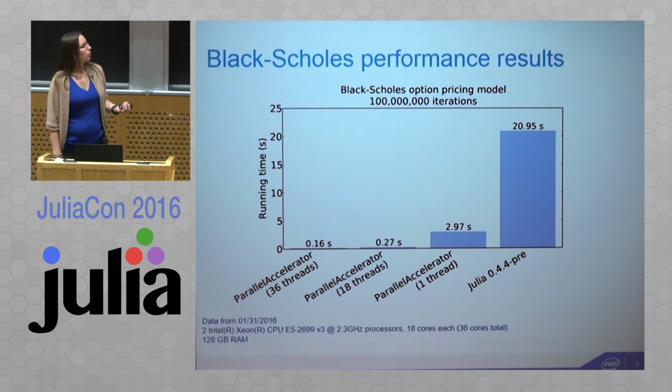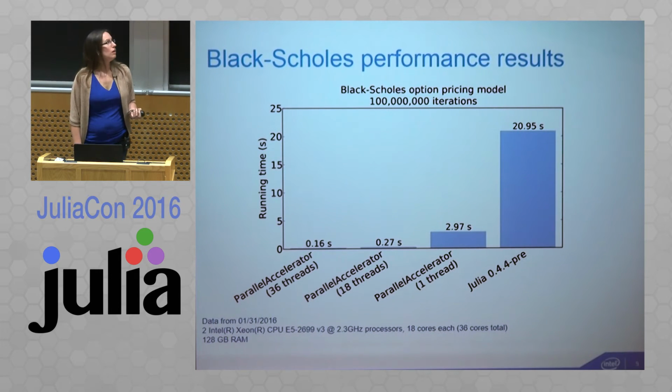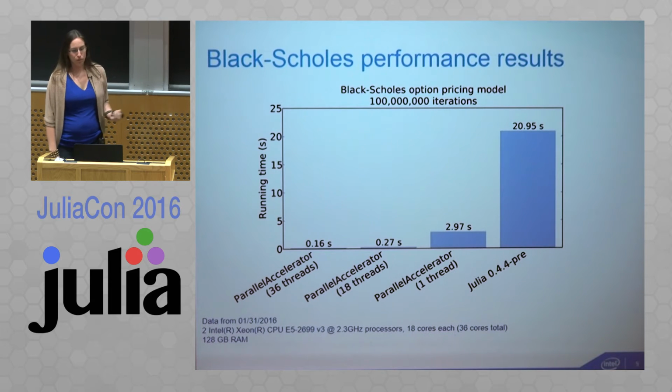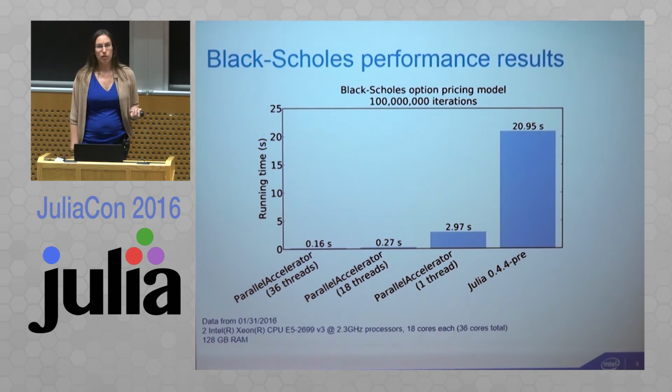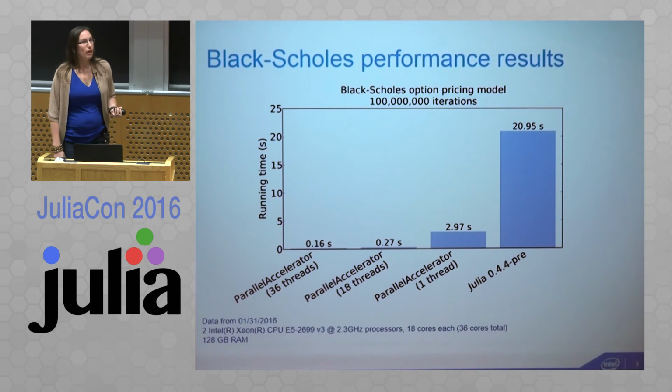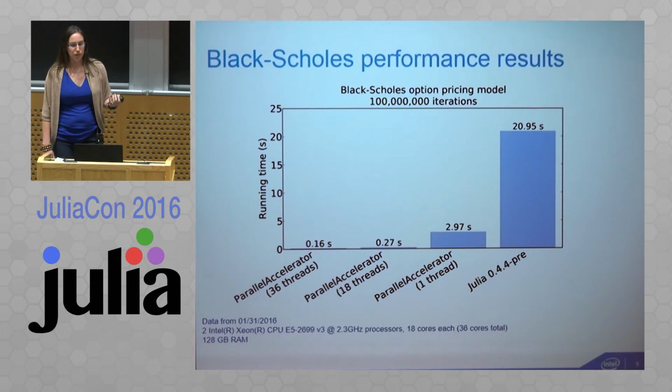And the third bar is results just running on 1 thread, which comes in at about 3 seconds. And for comparison, the rightmost bar is results for plain Julia. That is a version of the code without ACC, which runs in about 21 seconds. So I think it's interesting to note that the ParallelAccelerator implementation outperforms plain Julia by a lot, even when just